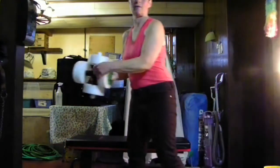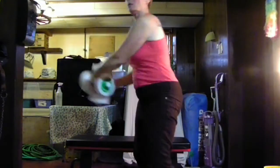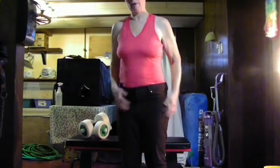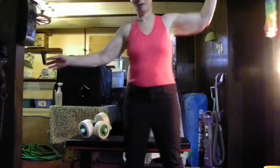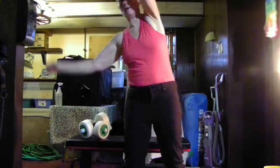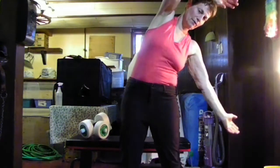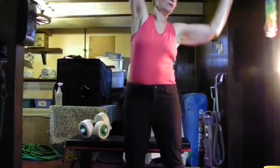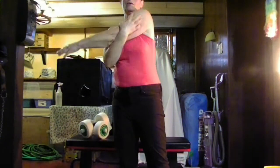Then we take our weights and we say, let's clean up our mess or sweep up our mess, and we put our weights down. And then what we do is finish up with some stretches. We bring our arms up and we stretch to one side, bring them up, stretch to the other side, bring them up, do it again, do it again, do our other beginning stretch, shoulders,